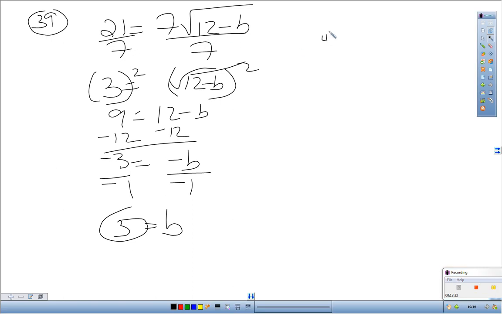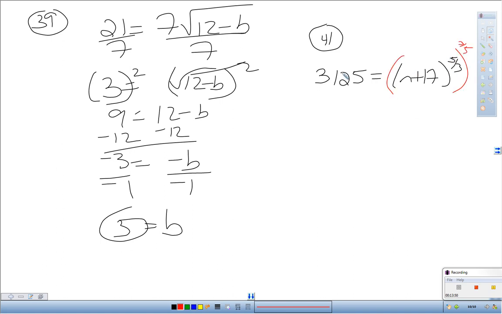All right, for 41, I have 3,125 equals n plus 17 to the 5/3. Notice that that's a rational exponent. So the way we get rid of a rational exponent is you do its reciprocal. So I'm going to raise this to the 3/5 and raise this to the 3/5. The reciprocals cancel out, so that leaves me n plus 17. And then using my calculator, 3125 to the 3 over 5 is going to give me 125, and then subtract 17, and then 125 minus 17, that gives me my answer of